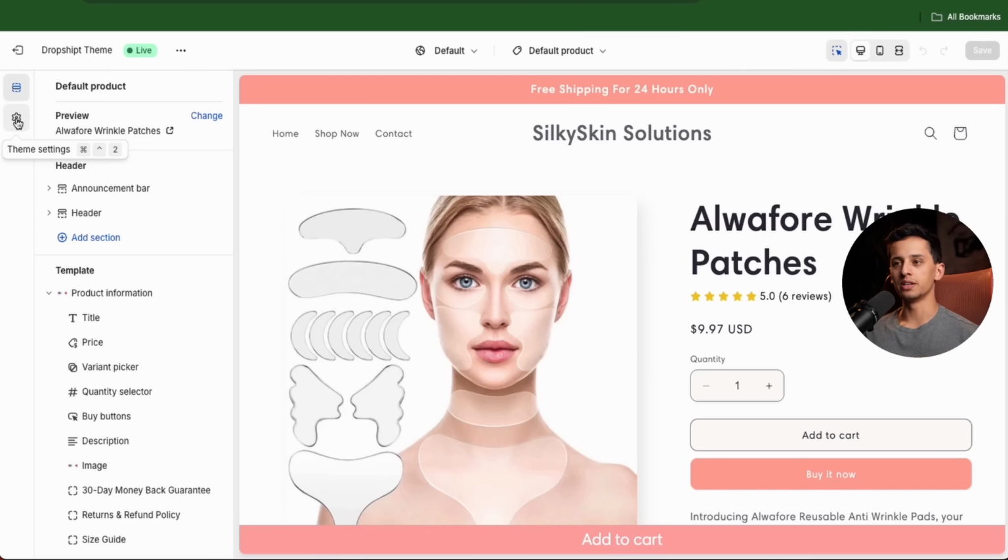So then we'll go back and we'll go to products and we will edit this product page and just change the name. Silky Skin Wrinkle Patches. Now, when you do this, you want to make sure you change the product name in your description and everything like that. So I'm going to save that, and I will now check out our website and see how it